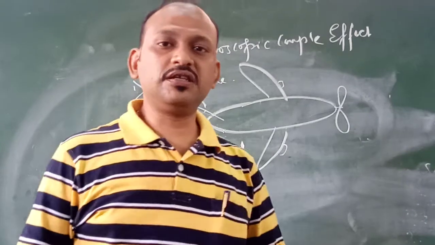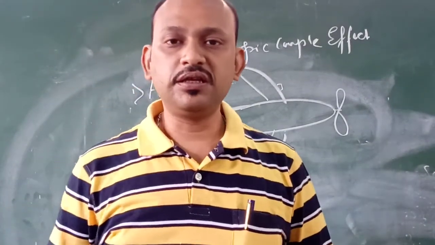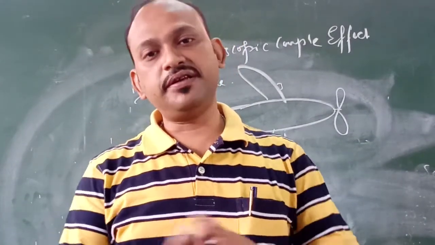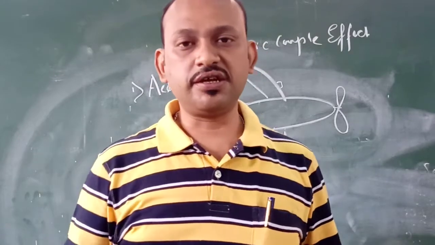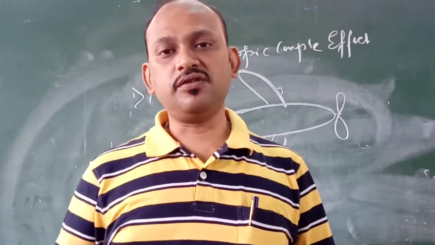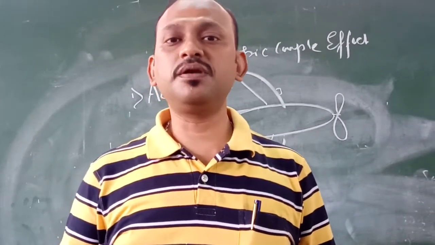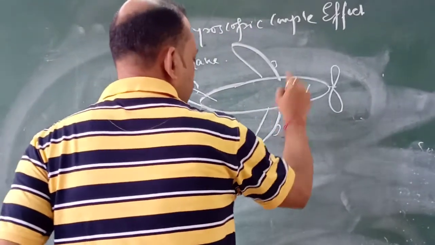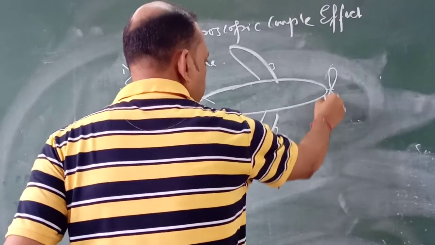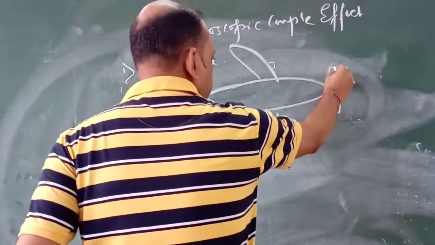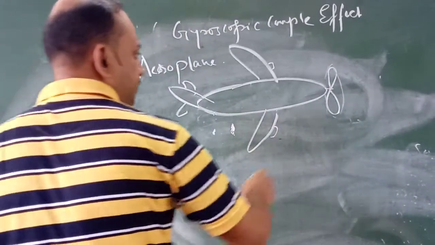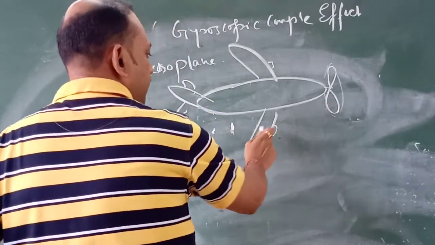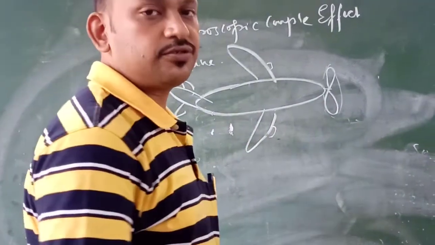And what are the preferable motions of an aeroplane? The preferable motions are either it will steer to the left or it will steer to the right. In that condition, what will be the effect of gyroscopic couple on the body? So the whole effect of the gyroscopic couple is actually being viewed with respect to the position of the propeller. Either we can consider the propeller here or here, both of them refer to the same thing.